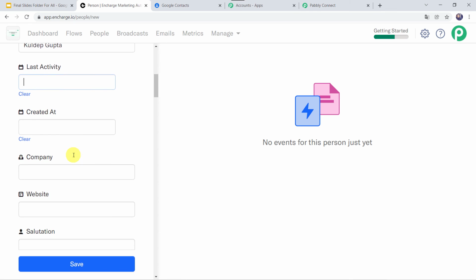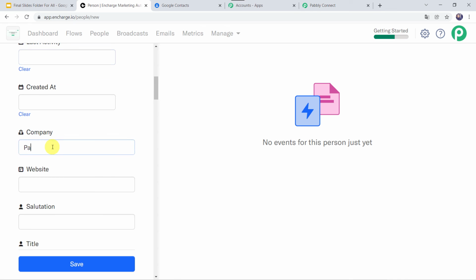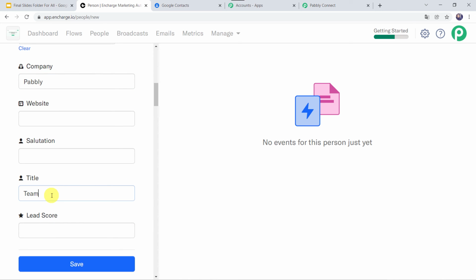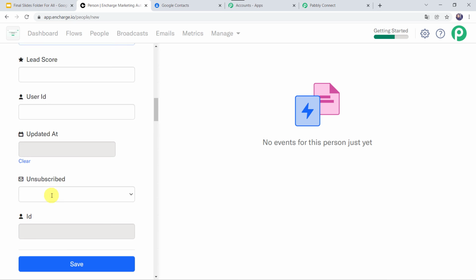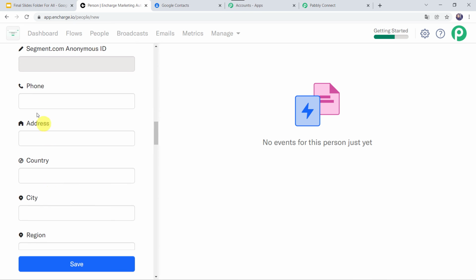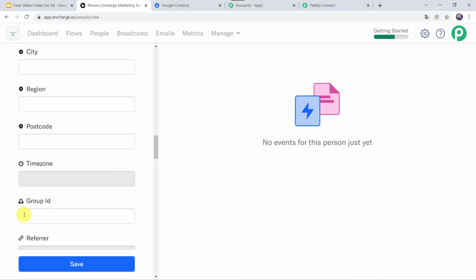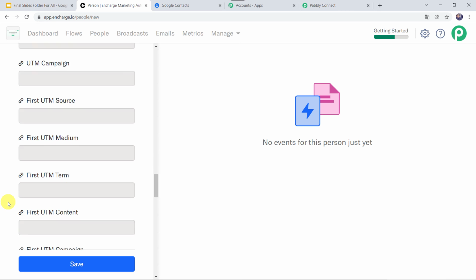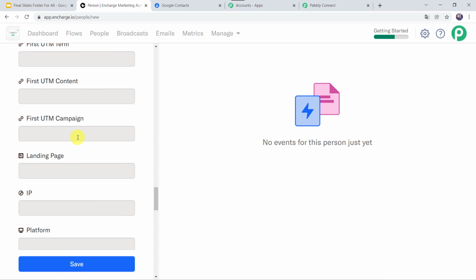Okay, I'll scroll down and here let us give the company name as Pabbly once again, and I'll give the title as team lead. Okay, and let us give the phone number over here. Okay, if you want to add the address, country, city, you can add it over here along with the postal code, group ID and all other details. Okay, I am just using the basic details and let us click on save.